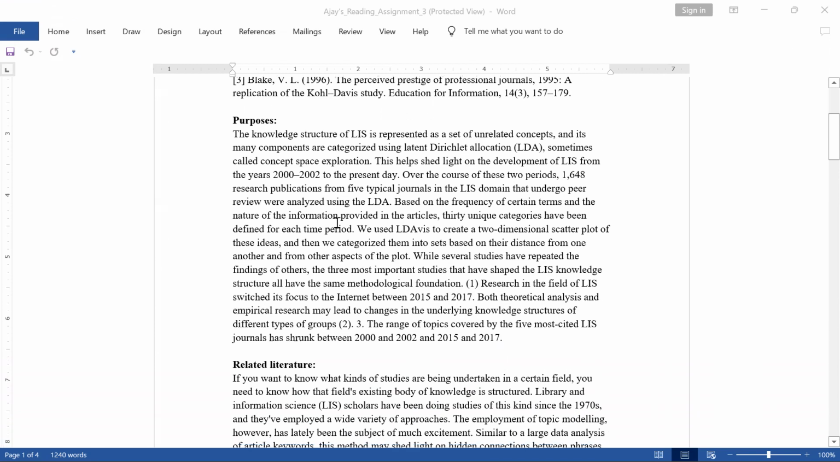And coming to the purpose, the knowledge structure of LIS is represented as a set of unrelated concepts, and its many components are categorized using latent Dirichlet allocation, sometimes called concept space exploration. This helps shed light on the development of LIS from the years 2000 to 2002 to the present day. Over the course of these two periods,